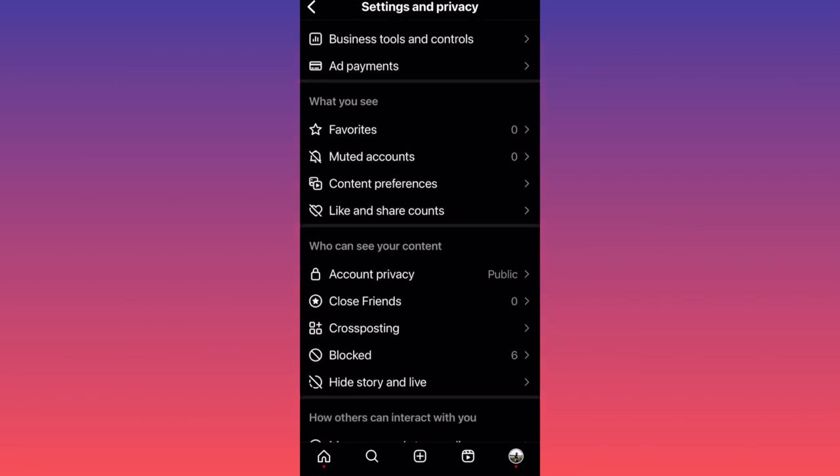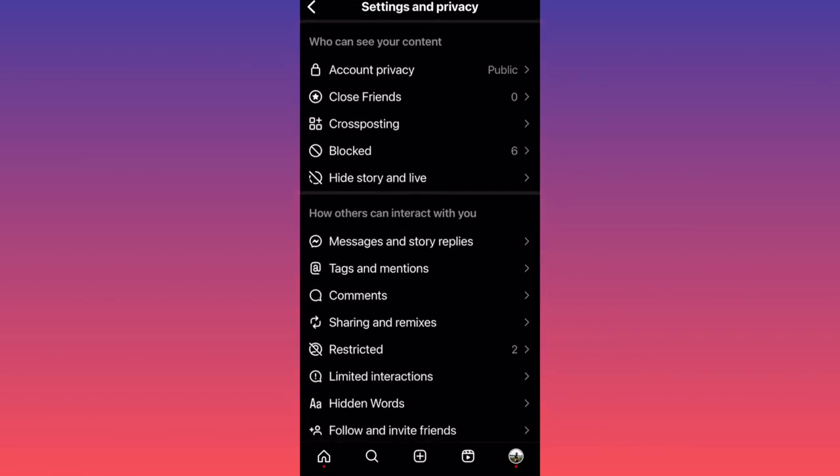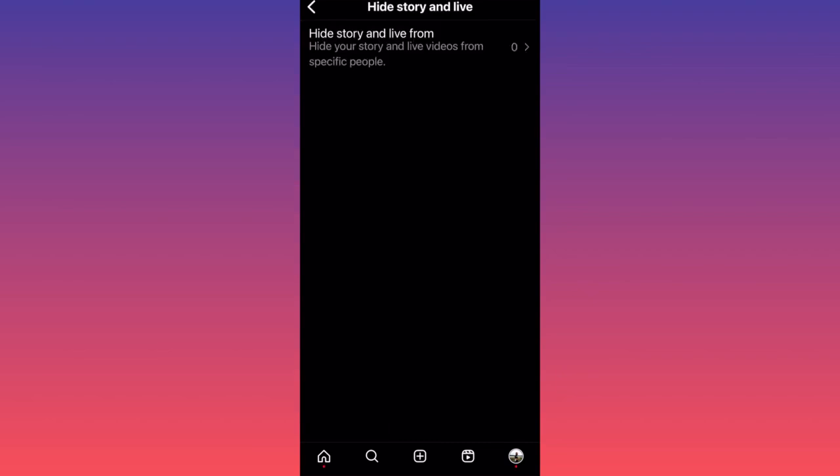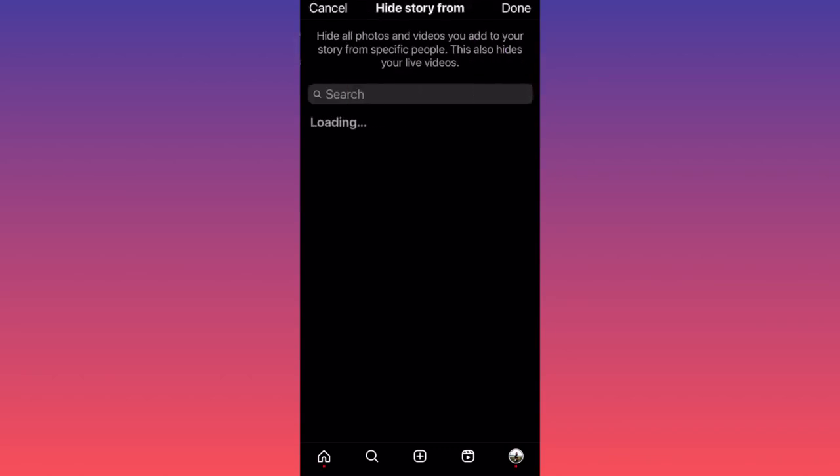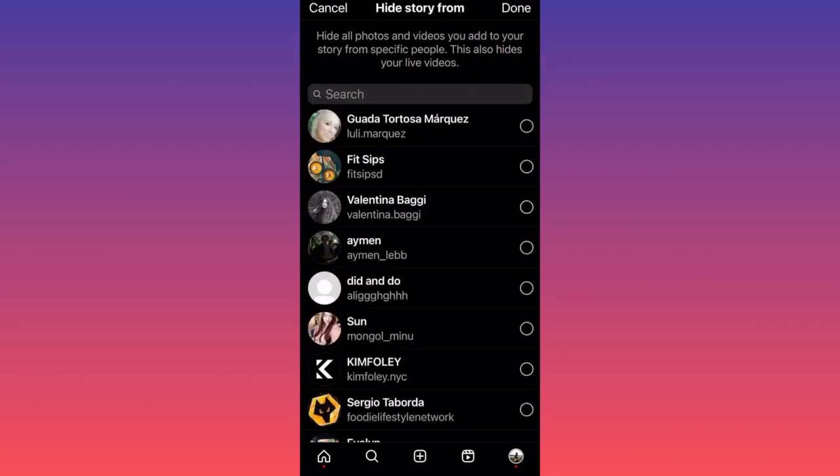And I want you to focus on the section who can see your content. The last option in this menu is hide story and live. If you click over here, then you will be prompted to move on and pick people that you want to hide your story from. As you can see over here, you can also hide all of your photos, all of